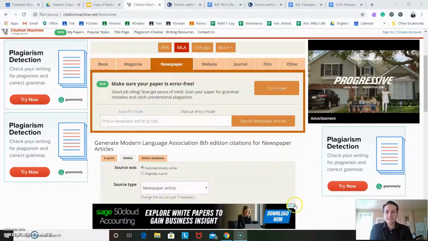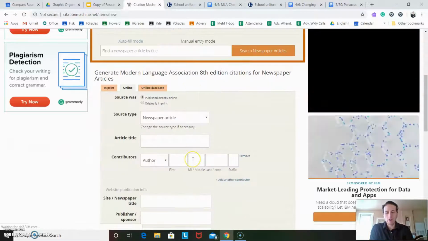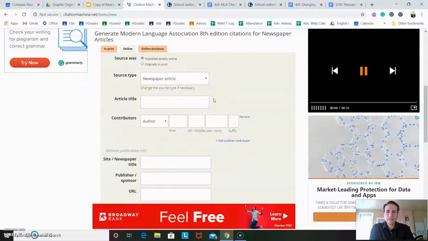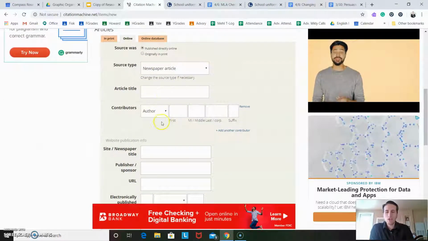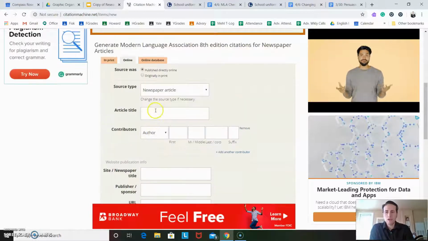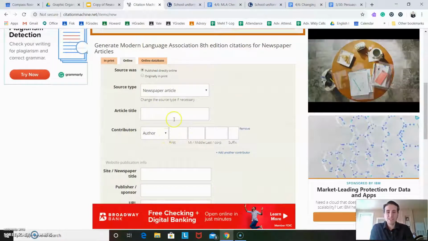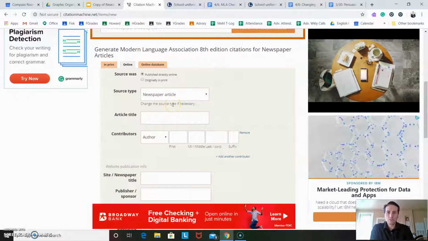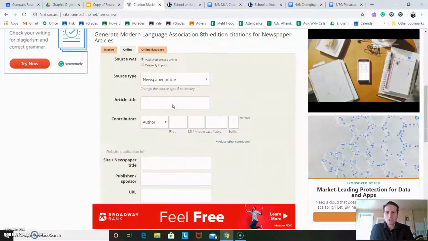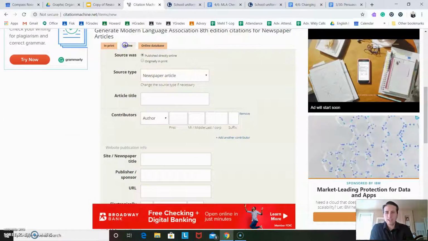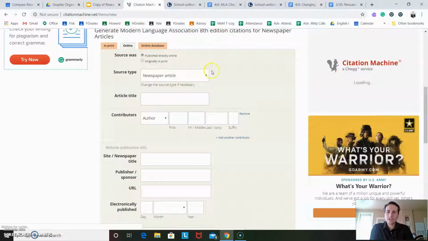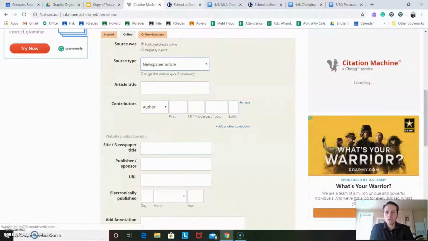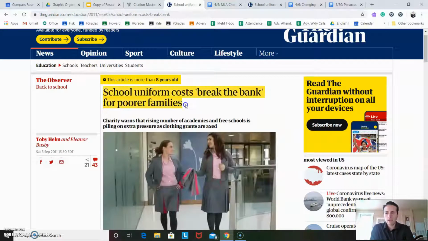So in this case, it didn't automatically find my article information for me, so that's okay. That just means I'm going to have to fill in some stuff myself. This is a little bit more specific for newspapers, but this sort of format is going to look the same for most sources you need to put in, okay? So let's make sure online is selected since we found this newspaper article online. First question it's going to ask is, what is the source type? Yes, this is a newspaper article. What is the article title? Let's go ahead and copy that